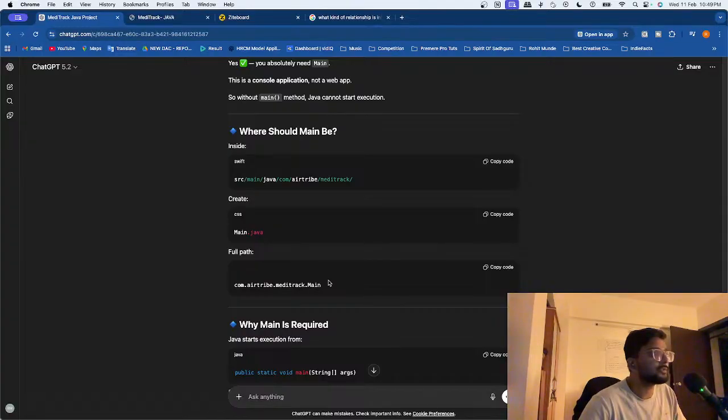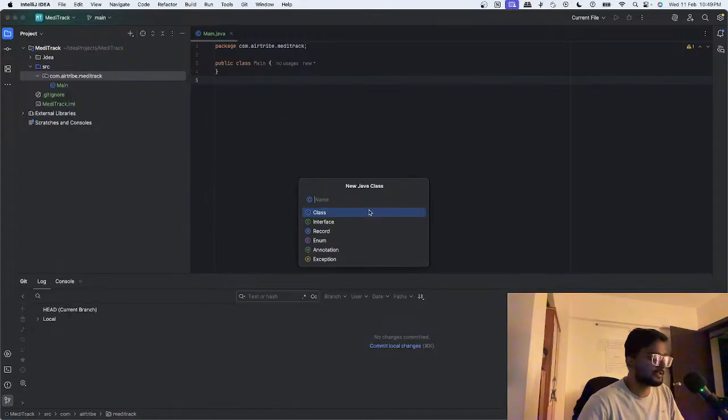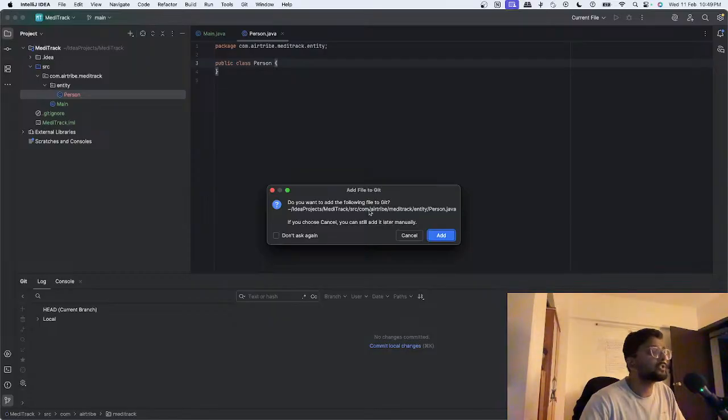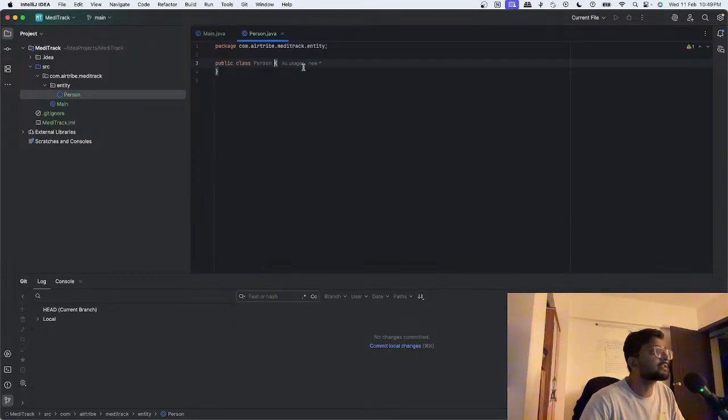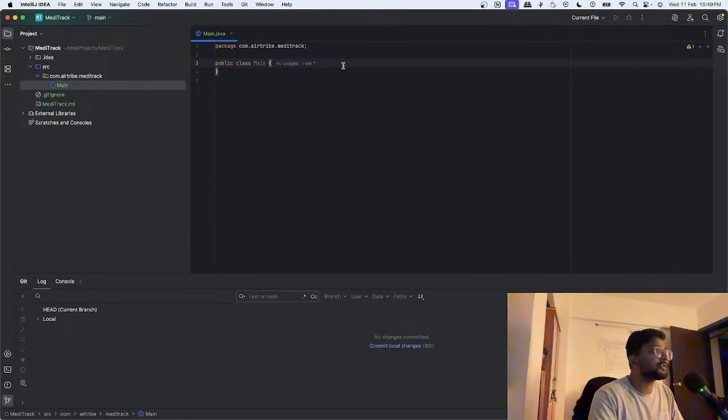तो अभी फॉर एग्जांपल मैं सीधा जाके एंटिटी क्रिएट करता हूँ. For example here, new class, entity dot person, if this is the correct way to create. Oh, okay, yeah, it created this. Fine. So main के अंदर अपने को चाहिए, yeah, undo bro, what is wrong with you? main के अंदर चाहिए public static void